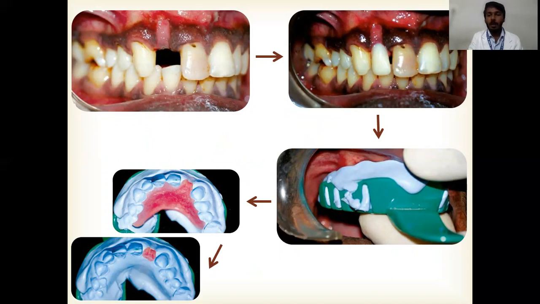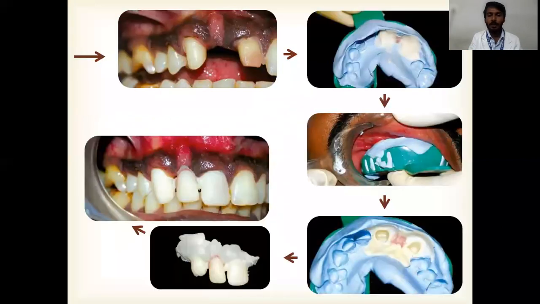Here the RPD with the RPD putty index is being taken. The excess denture base is then trimmed off. The putty index is kept aside. We will do the tooth preparation. After doing the tooth preparation, we'll apply the polymethyl methacrylate into the putty index. We'll seat it in the patient's mouth after the application of the petroleum gel or Vaseline, and then we will